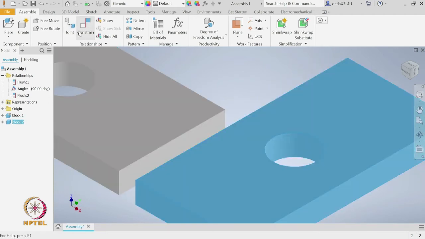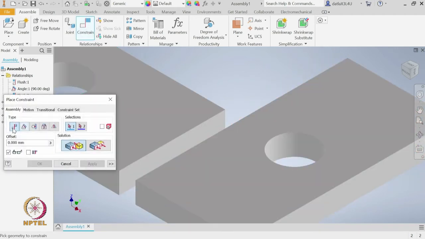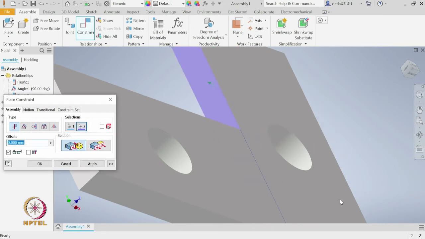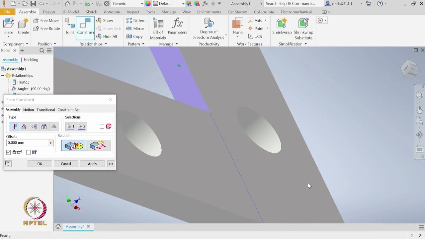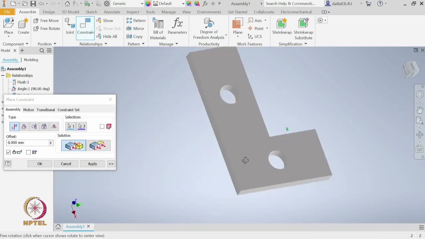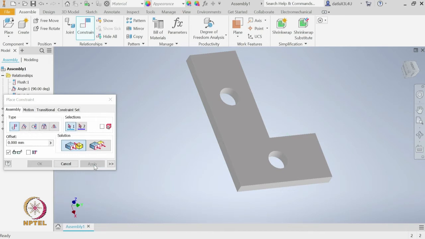So, for that let us apply this constraint and option mate. So, we will pick this face and the corresponding face on the other side. Now, they both are joining each other without any gap. Yes. So, now I can apply this mate constraint.